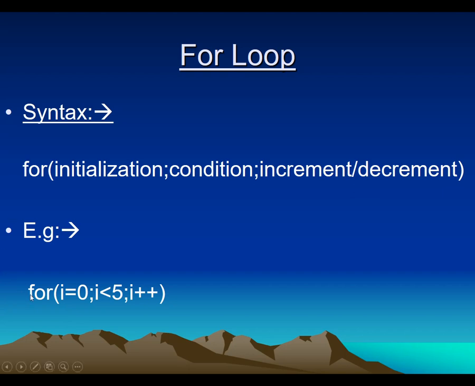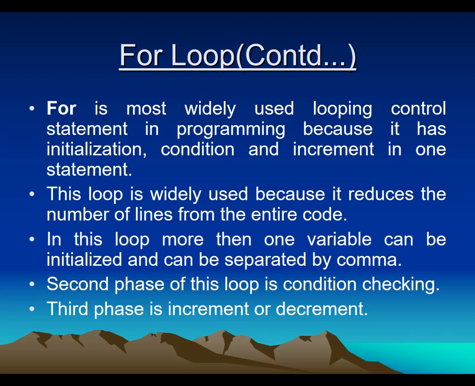In the very next line, there is a simple example of a for loop that I have written. You can see that inside the brackets i equals 0 is called initialization. Then there is a semicolon as per the syntax. Then i less than 5 is a condition followed by a semicolon, and in the third part i plus plus is there, which is the incremental part of the program. After i plus plus there is no semicolon in the entire block. So in this way we can write a for loop.